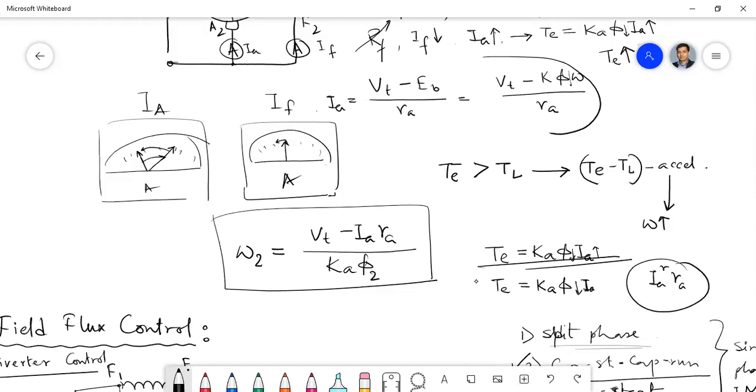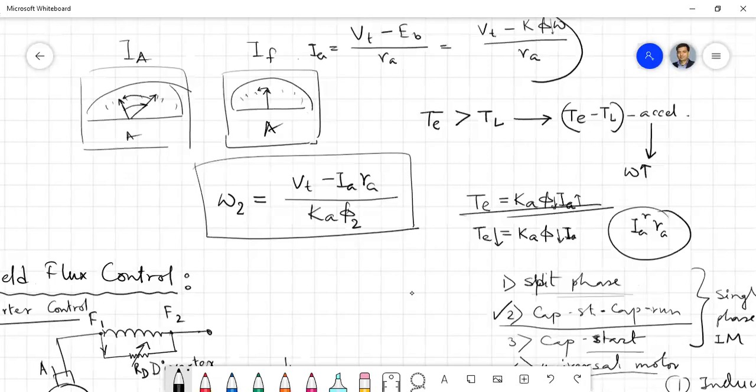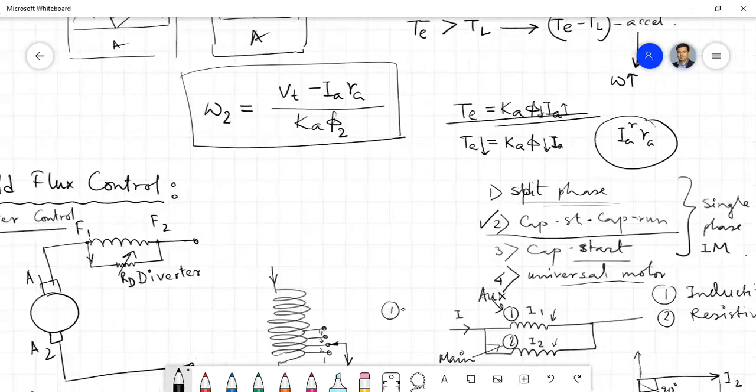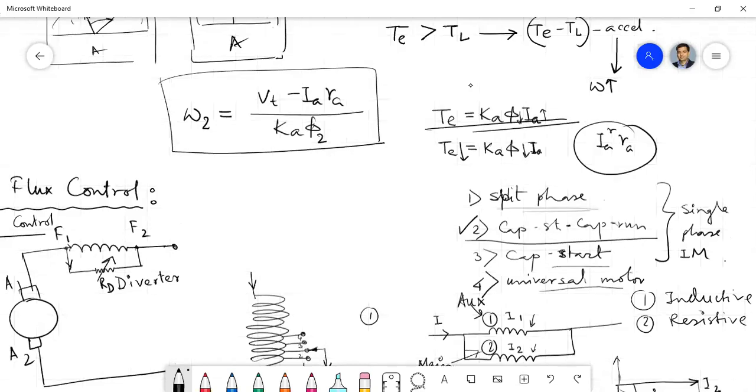Now if the flux is reduced to increase the speed, then torque must be reduced. Is that point clear, Swarnadeep? These are the two aspects. Yes sir. One is the implementation point of view, another is general discussion. The general discussion we made in the last class, there we saw that if we want a constant torque, then if we reduce the flux to increase the speed, current has to be increased. There is no way, because torque has to be constant.